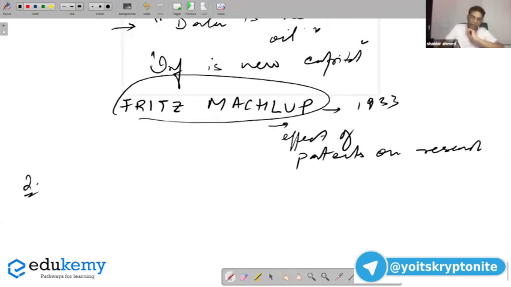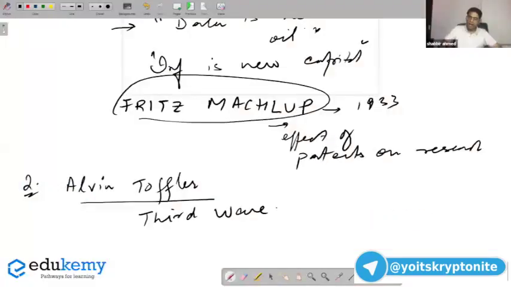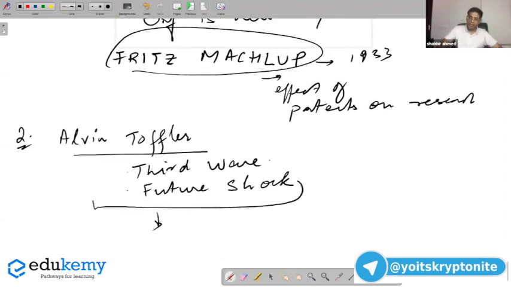Number two, this is a very important man. Toffler, if you know this man. Alvin Toffler. He has written two very famous books. The Third Wave is a very famous book, and he wrote another book called Future Shock. In both these books, he talks about the emergence of,